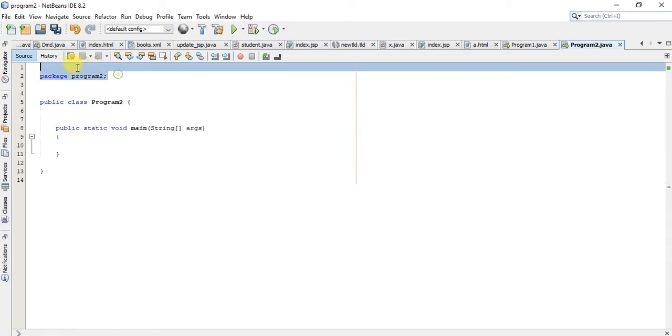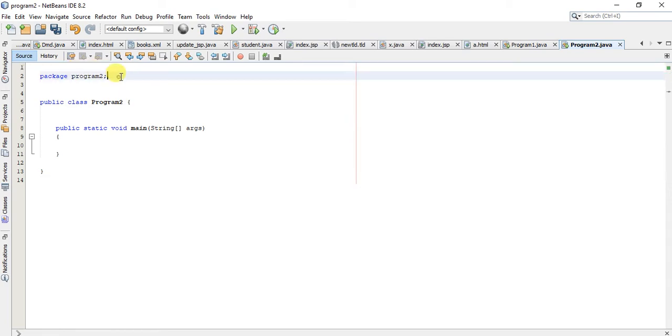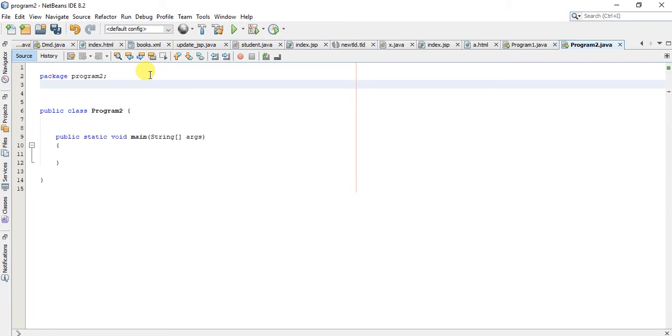The first line is the package statement. After that you can import some packages if needed in the program, and then the class. You can add as many classes in your program as needed.